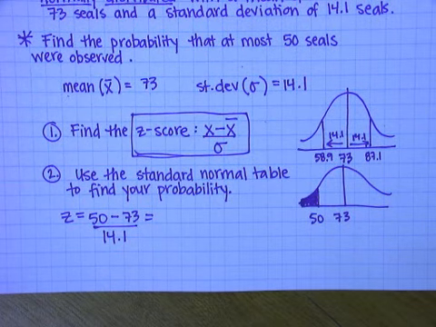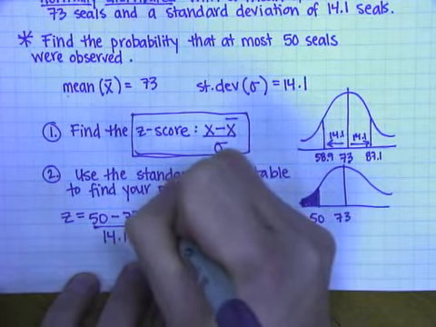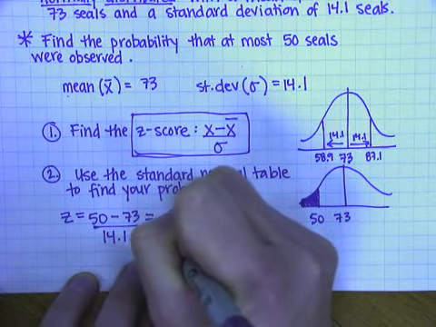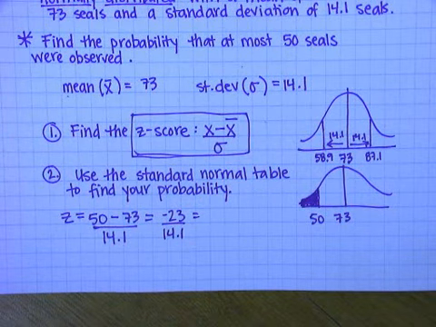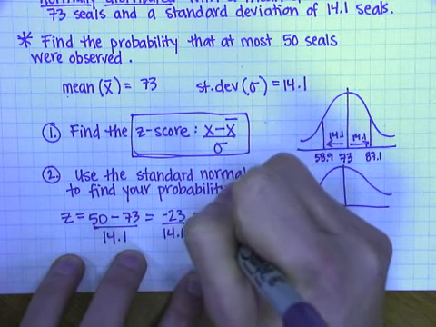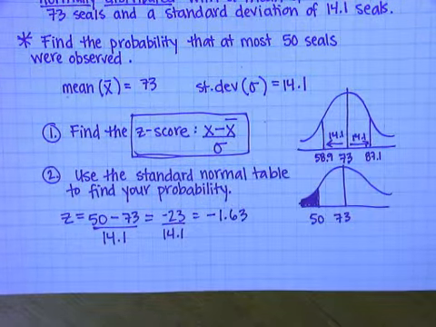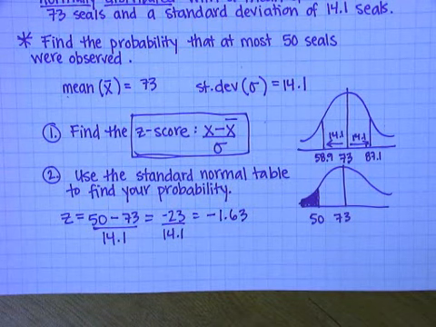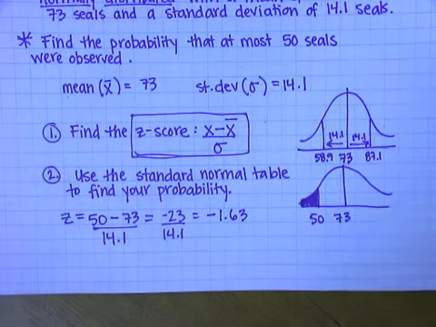Okay, and on this calculator, I'm going to do 50 minus 73. Could probably do that part in my head. Negative 23. And then when I divide that by 14.1, let's see, I get negative 1.63. Okay, so this number is my z-score, negative 1.63, and now I need to look in my standard normal